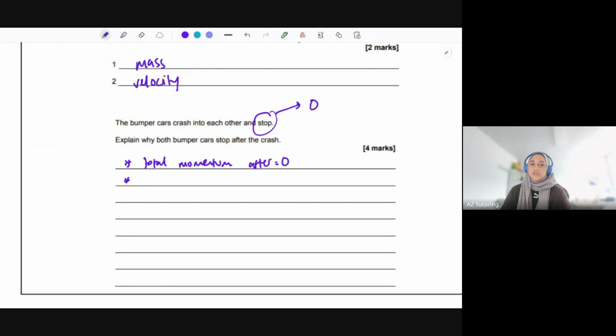So therefore, because of conservation of momentum, the momentum before equals the momentum after. So the momentum before must also be zero. So you would say the momentum of each